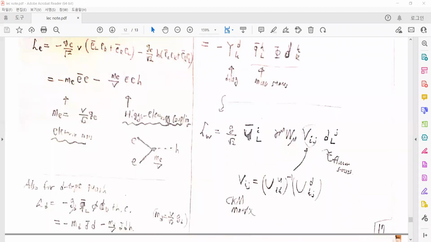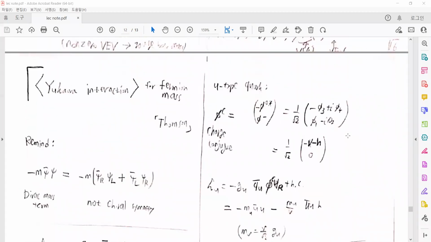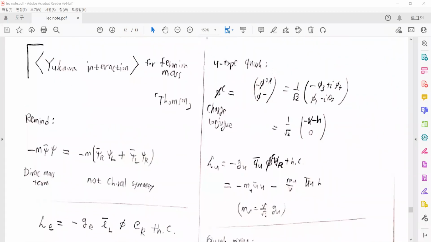For example, there are different coupling constants for the different masses of the down-type quarks, with the quark doublet as the left-handed, and the right-handed singlet and Hermitian conjugate, and it gives a non-zero mass for the down quark and an interaction between the down quark and the Higgs, and such a mass of the down quark is determined by the vacuum expectation value and the coupling constant. And we want to apply a similar formalism for the up-type quark, but the problem is